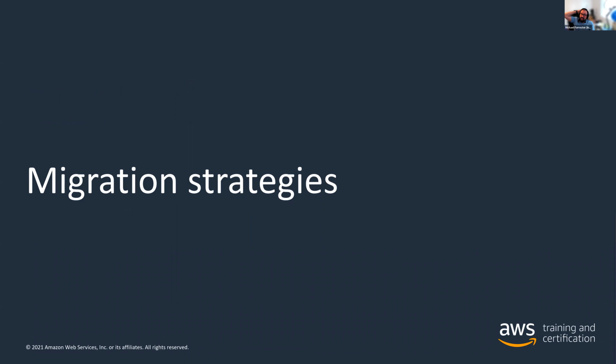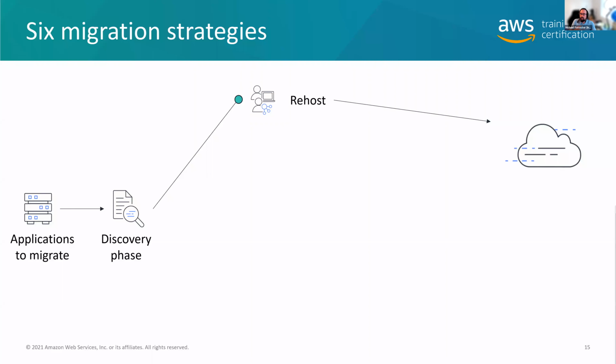Okay, so outside of the CAF, the cloud adoption framework, there's other things to think about. When you want to migrate into the cloud, Amazon will test you to see if you know the 6 general ways that this can be done. In other words, you can rehost, right? Rehost, by the way, is also known as lifting and shifting. Lifting and shifting also means that you're going to move the application. You're not going to make any changes to it. You're literally just going to copy it, put it up on the cloud. No changes. Not a good idea, by the way, if you want to realize any